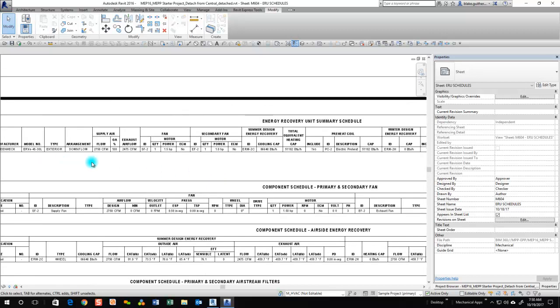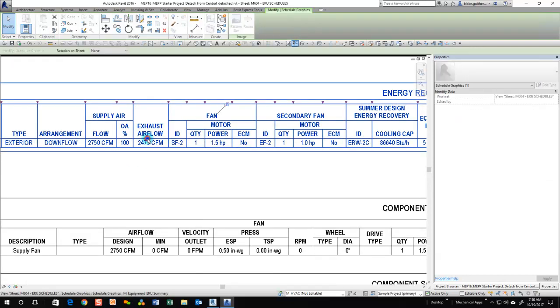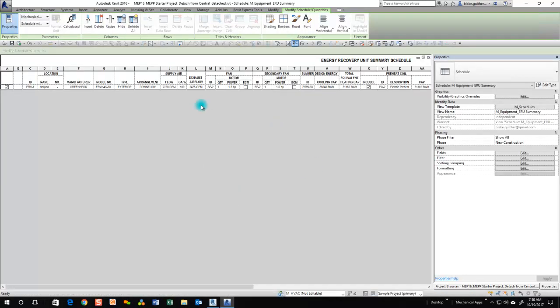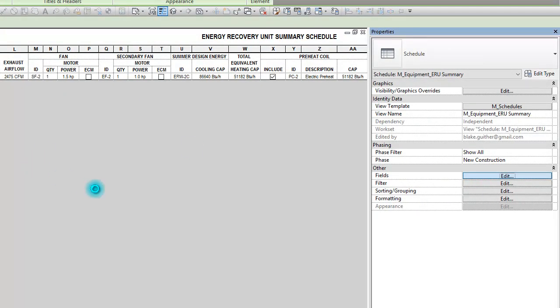So for the case of an ERV, I have our energy recovery unit summary schedule here. We have some airflows. As we were talking about, if we're going to have formulas and equations with the ability to use the connected airflow or override it, these values now are not editable. So you have a couple options to edit this. The first is to unhide the overrides. So you could come into here,